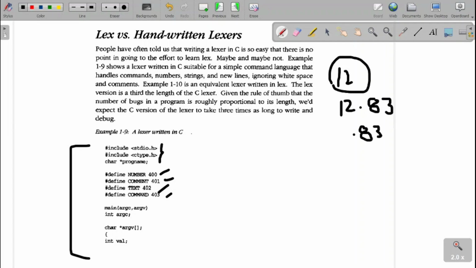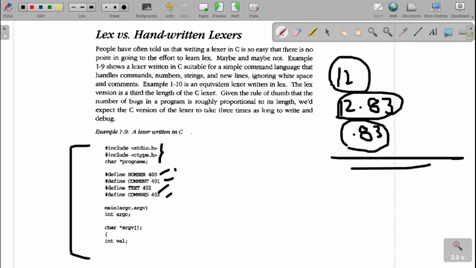Here either I can have only integers. Then the next option, integers followed by a dot followed by integers. Then the next option is a dot followed by integers. In all these cases we will call it a number. Then the comment, the lines which begin with the hash, and it will continue running till I get the backslash n. Backslash n is what? Enter key.